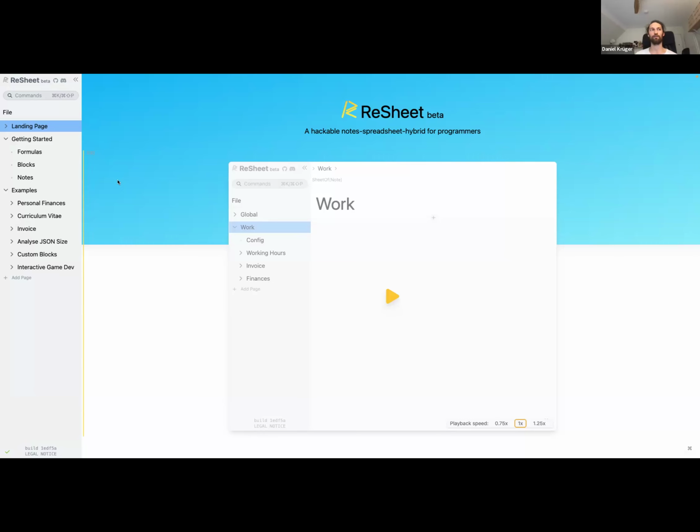Do you want to have the full Resheet interface just embedded somewhere? That's totally possible, even though I didn't take the time to make a library out of it. But the code itself is currently mostly a library and just some little code that I use to plug everything together to create this website.